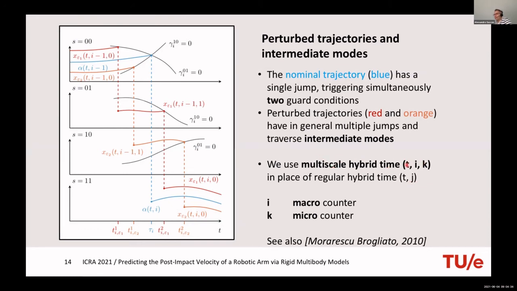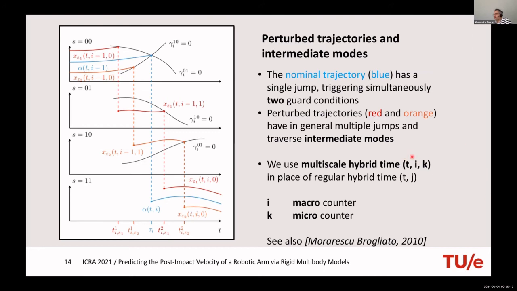So we are interested in continuous time. We are interested in what we call a macro counter, or macro discrete times, that just defines essentially, oh, now I'm in free motion, now I'm in contact. And then we also have a micro counter k, which is sort of counting how many intermediate impacts occurred. So the reference trajectory, for example, will only have one micro counter, so only one advancement, and then the macro counter will again. But for the perturbed trajectory, this k will be different depending on the initial condition. Sometimes you have k only one, sometimes you have k going 1, 2, 3.